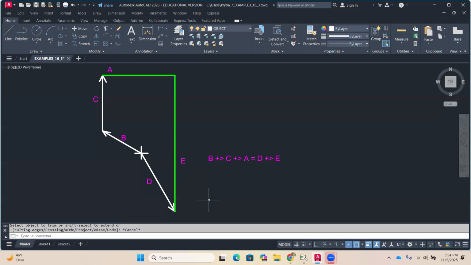So everybody see what I did? Where we found the intersections of A and E, okay? Now,